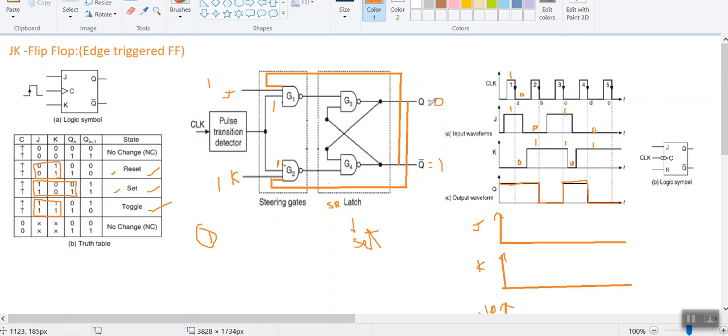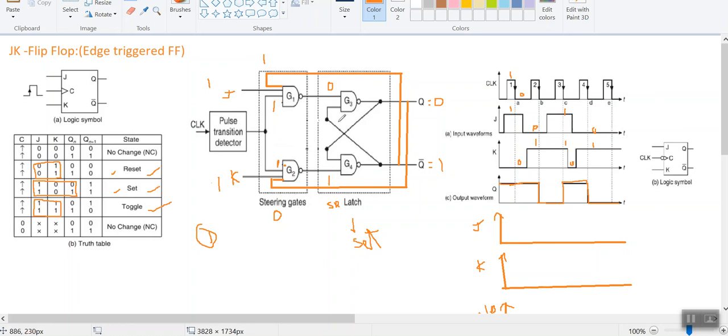In that particular case, I considered Q is equal to 0. When Q is equal to 0, Q bar is equal to 1. Now this 1 is coming in this direction and 1 as my input here. In a similar way, this 0 is connected, therefore 0 is one of my inputs for the G2 NAND gate. Therefore here you can observe that at the G1 NAND gate, my inputs are three ones. So the multiplication of three ones is 1, and then the complement of 1 is 0 here. And here you get 1, 1 and 0, which means your output has 1 here.